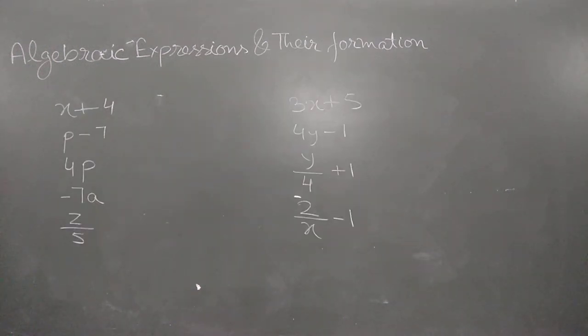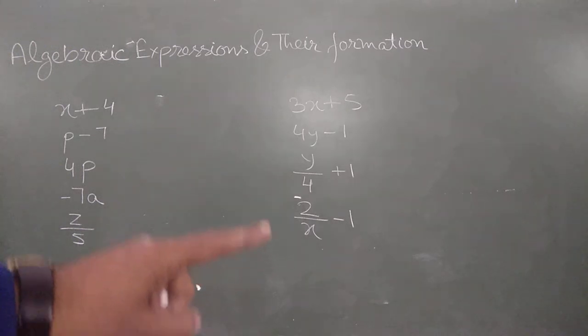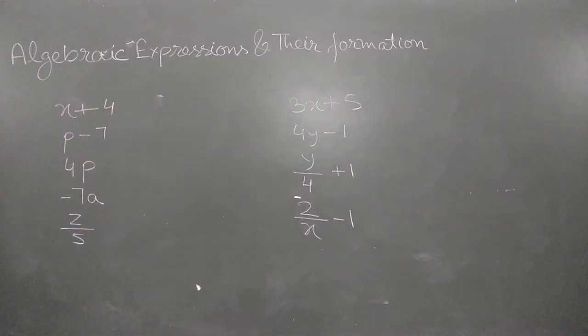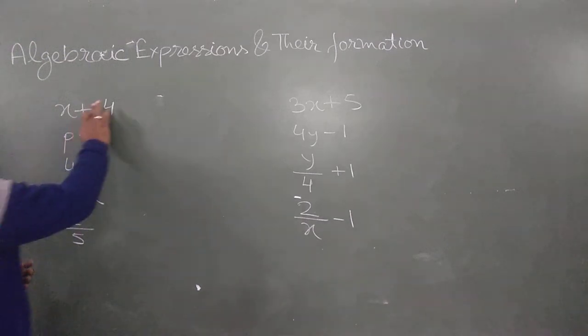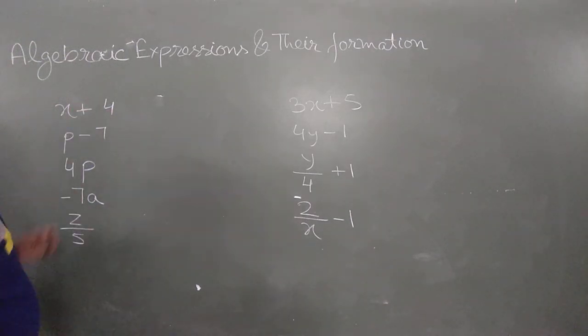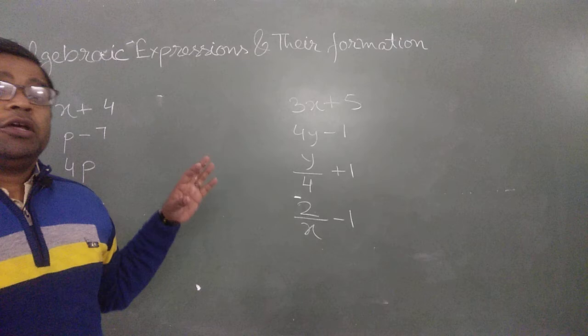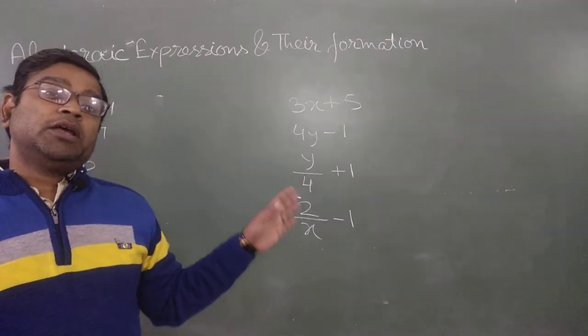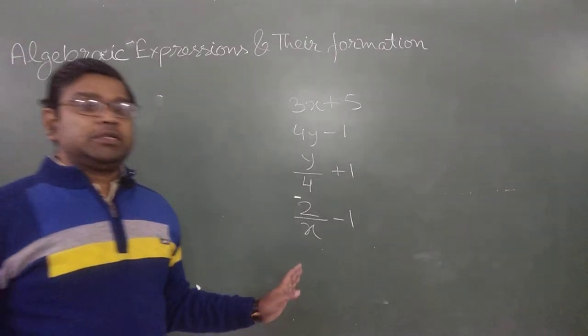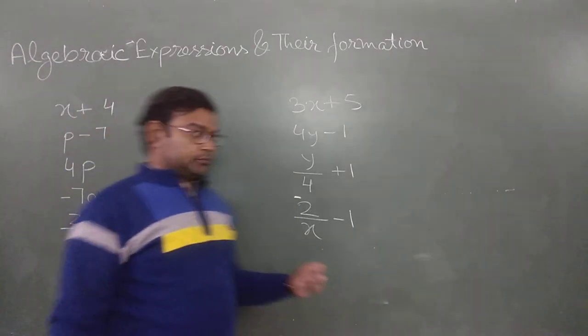As you are observing on screen, there are two parts. First, this one is this column, and on board this is the column. All these are known as your expressions, expressions with variables. One by one, I am going to explain how you read them and what the process is in the case of each expression. So let's start.